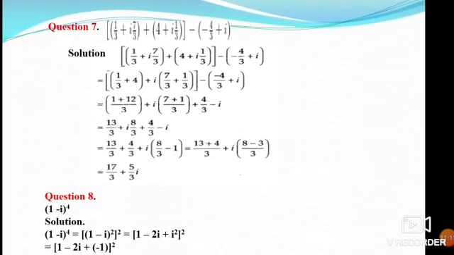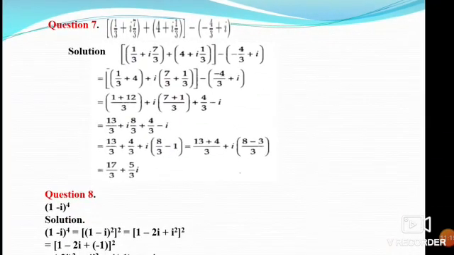Similarly, the same way here, another sum: 1 by 3 plus 7 by 3i plus 4 plus i, 1 by 3 minus of minus 4 by 3 plus i. Here, from the first two, group the real terms. So, you will get 1 by 3 plus 4 plus i into 7 by 3 plus 1 by 3 into the next term minus 4 by 3 plus i. You take the LCM, simplify it, we will get 13 by 3 plus i 8 by 3. When you remove the bracket, you will get 4 by 3 minus i. Again, writing the real part and the imaginary part, we will get 17 by 3 plus 5 by 3i.